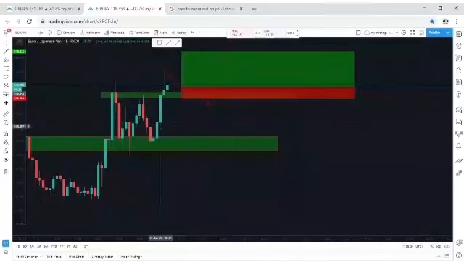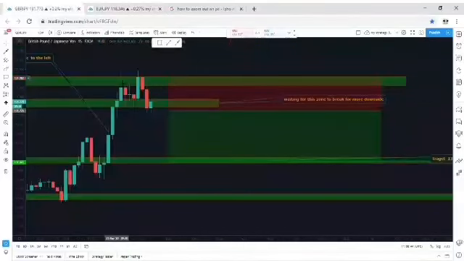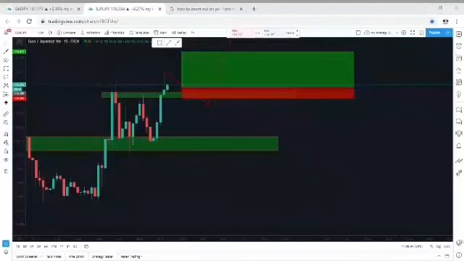So if we had taken this trade, this would have been a very good 10 pips for us. Just 10 pips, and it's very cool. We would have made a very great 10 pips. You understand? That's trading for you. You just have to understand what you are doing. You have to interpret the chart very, very well. So once you do,